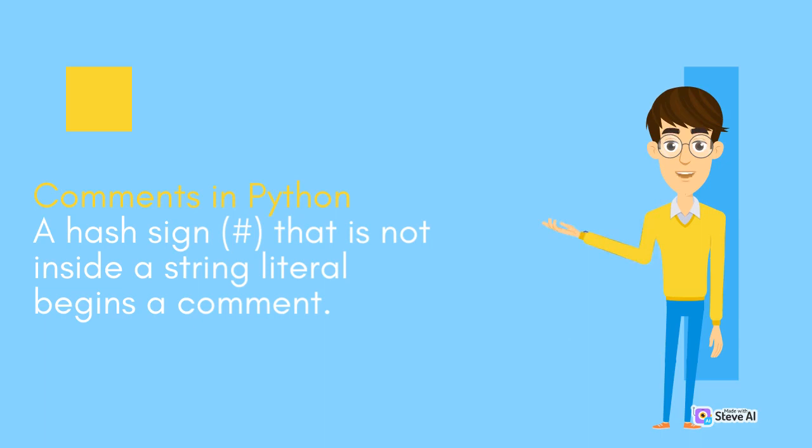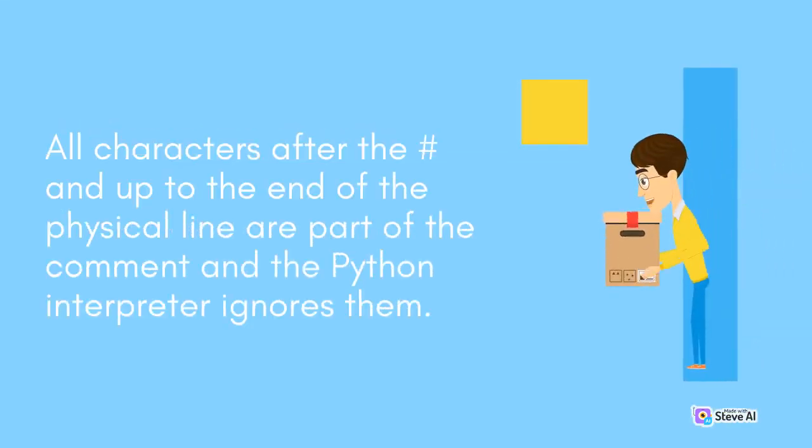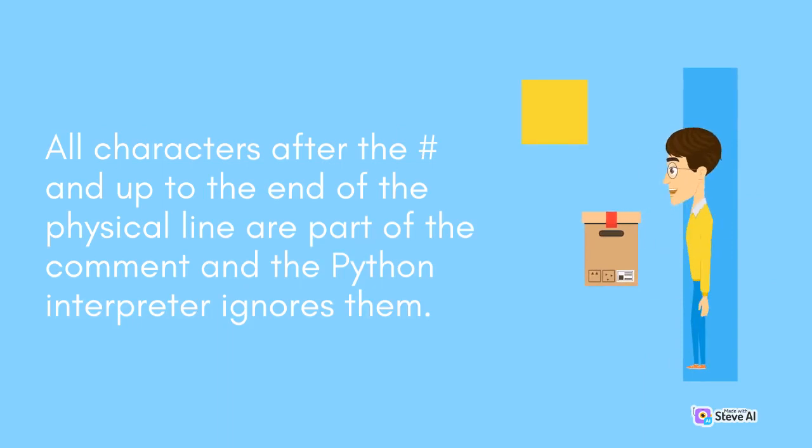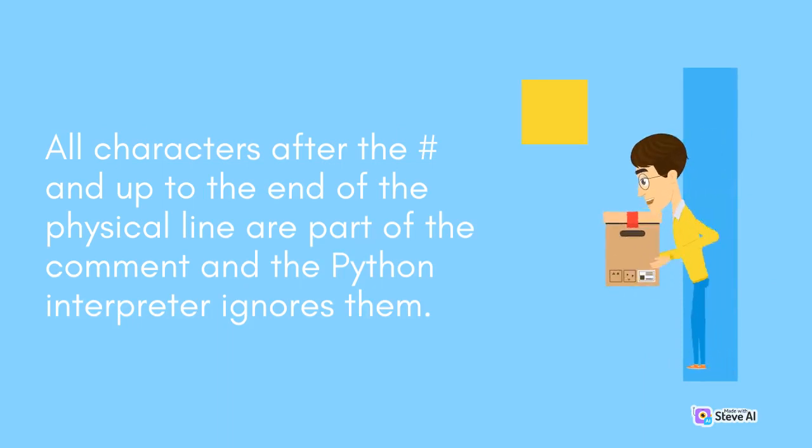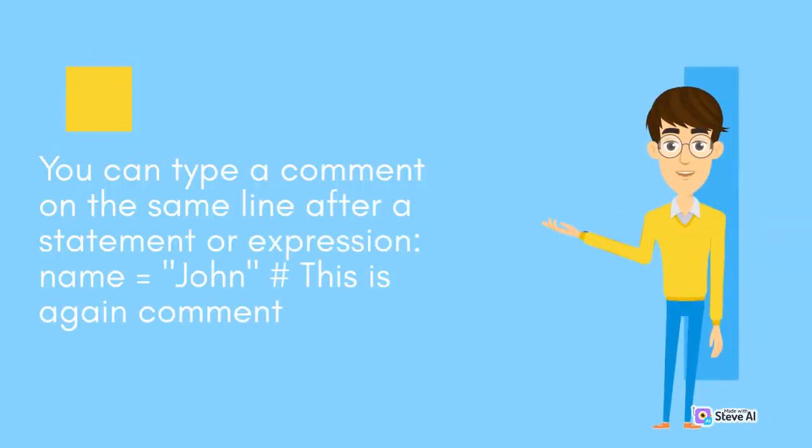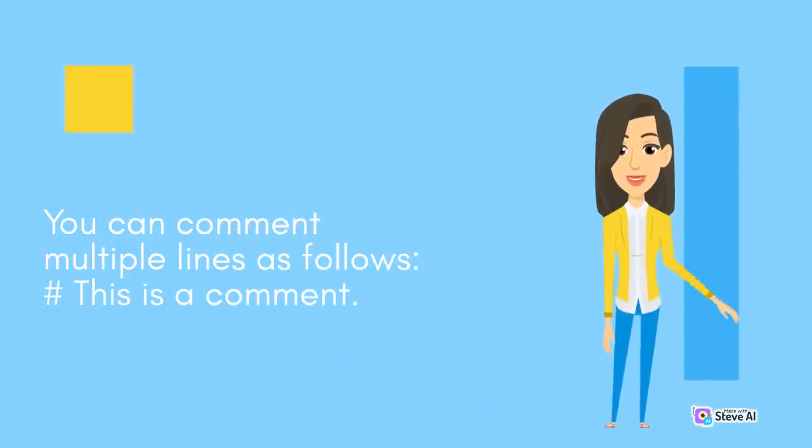Comments in Python. A hash sign (#) that is not inside a string literal begins a comment. All characters after the # and up to the end of the physical line are part of the comment and the Python interpreter ignores them. You can type a comment on the same line after a statement or expression: name = "John" # This is again a comment. You can comment multiple lines as follows: